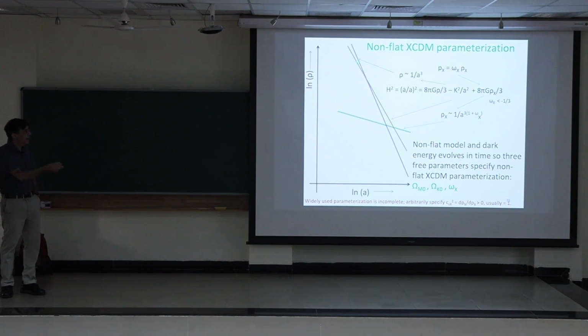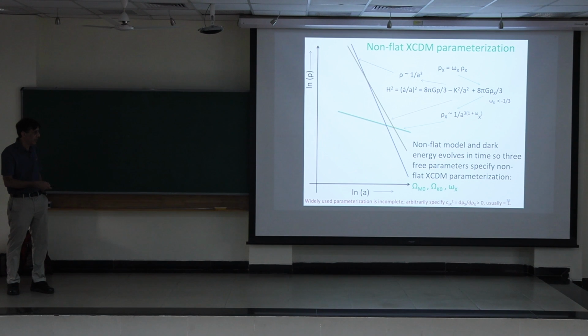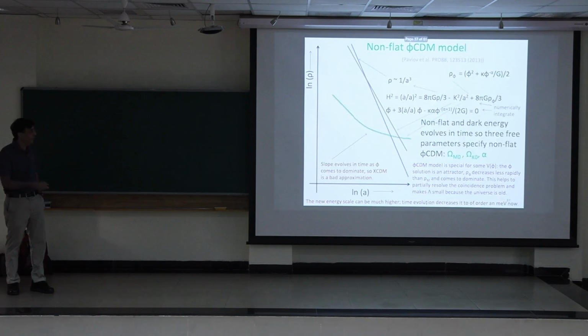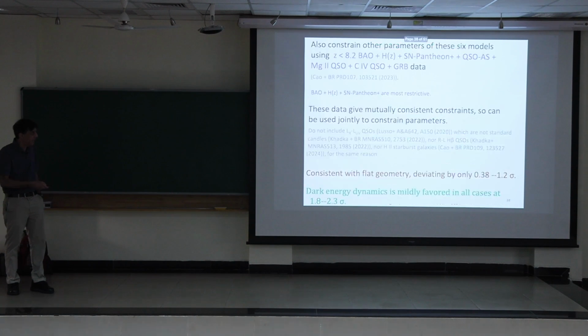So I'll go back to this ΛCDM parameterization. Previously we had the blue line and the green line. I'm going to put in the orange curvature line. And we'll have 3 parameters now because I've introduced curvature, so I've added the value of the curvature now. And in phi CDM, I'll do the same thing. I'll put in the orange spatial curvature line. And I'll just tell you the results.